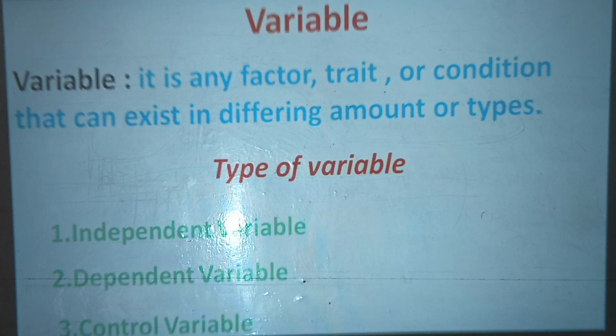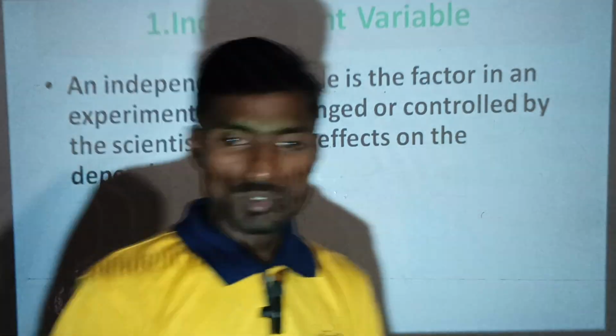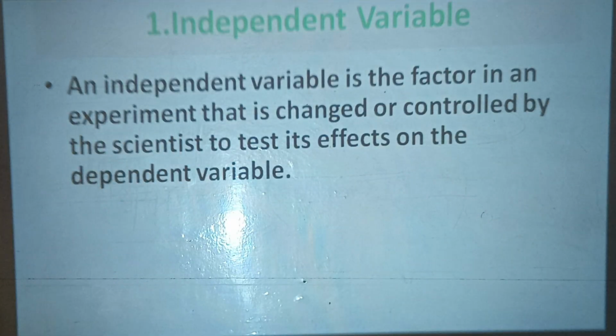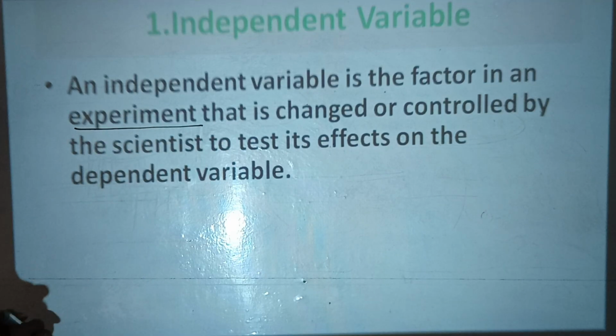Now we look at it one by one. Please take its screenshot. After that, move here. So the independent variable, okay, is a factor in an experiment. Where I want to say here, in an experiment. Okay, it is a factor in an experiment that is changed or controlled by the scientist to test its effect